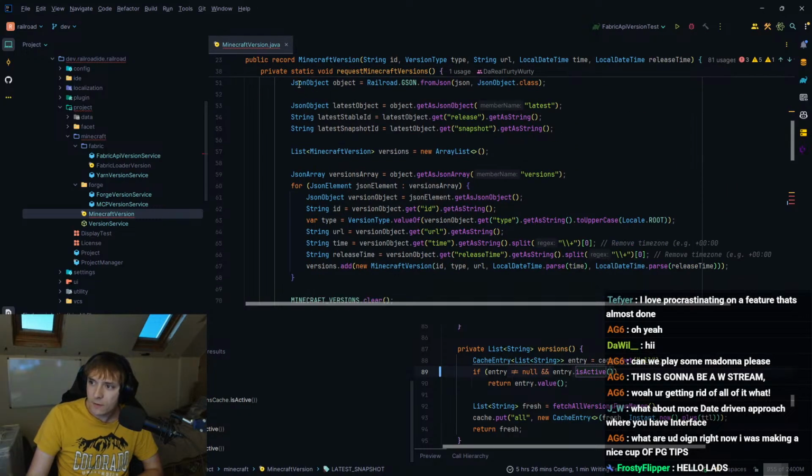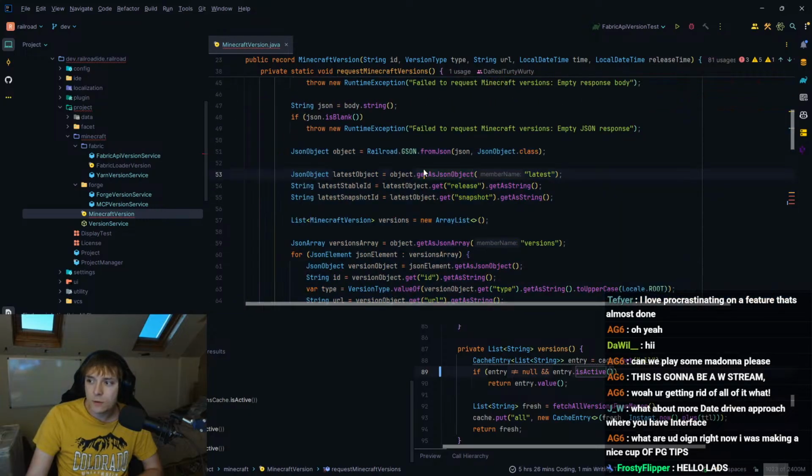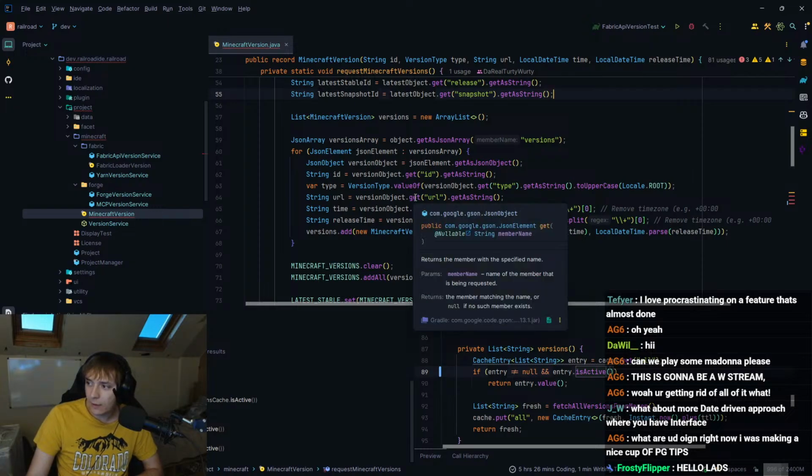Because I'm not a fan of this code. I generally don't like all the JSON object get as JSON, get as string. It's horrible. It's not very nice to look at.